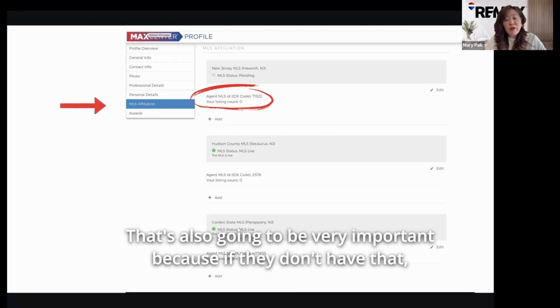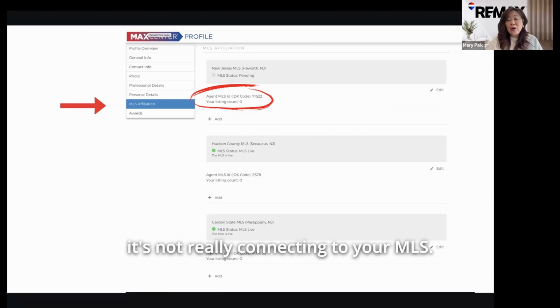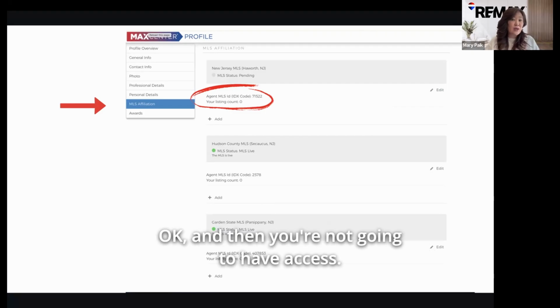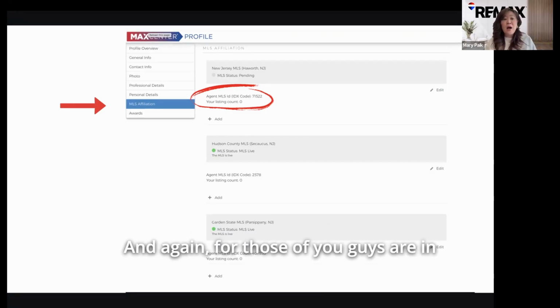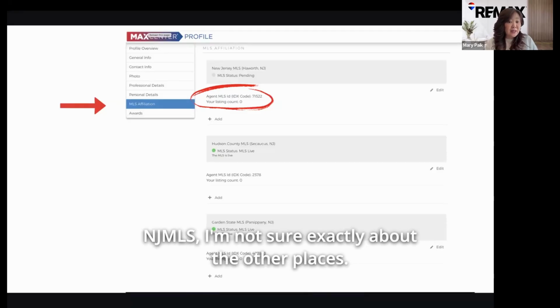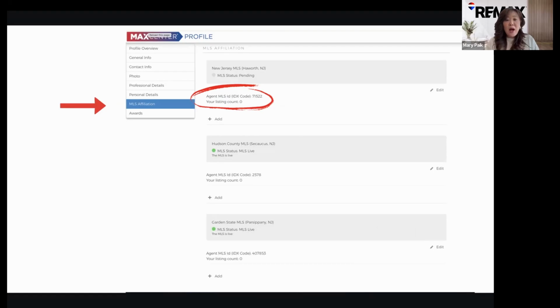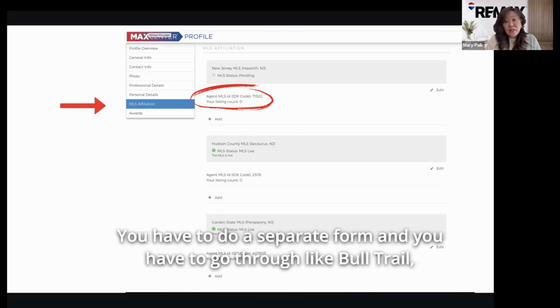That's also going to be very important, because if they don't have that, it's not really connecting to your MLS, okay? And then you're not going to have access. And again, for those of you who are in NJMLS, I'm not sure exactly about the other places, you have to do a separate form, and you have to go through like